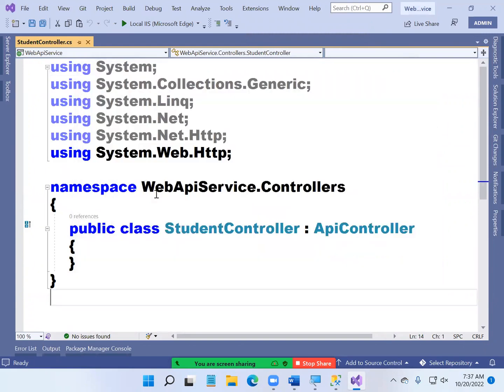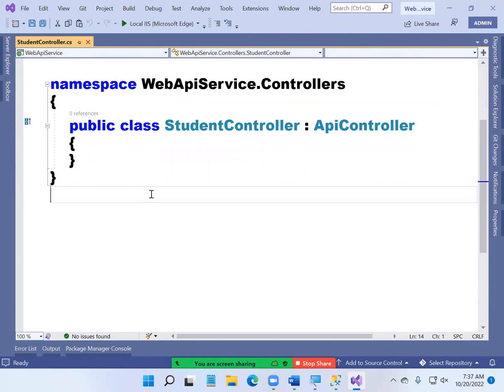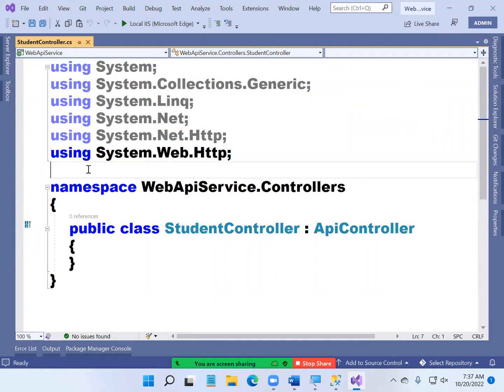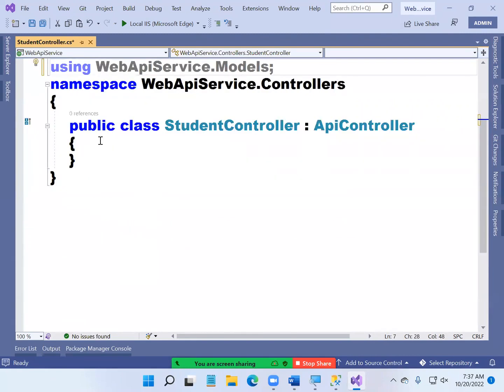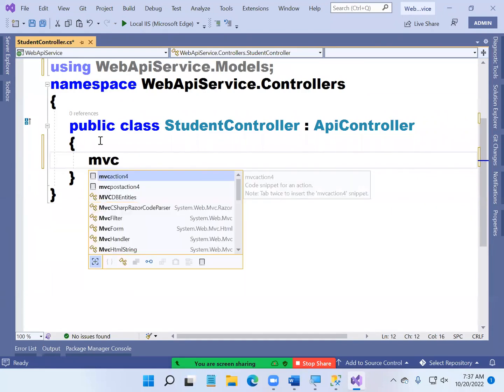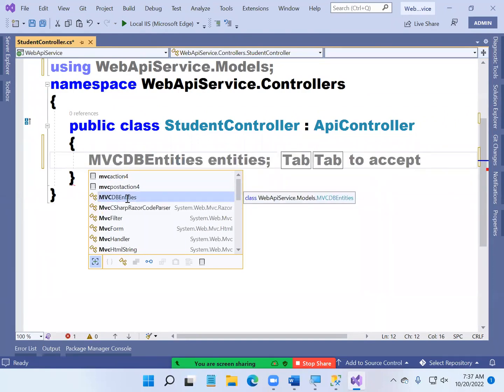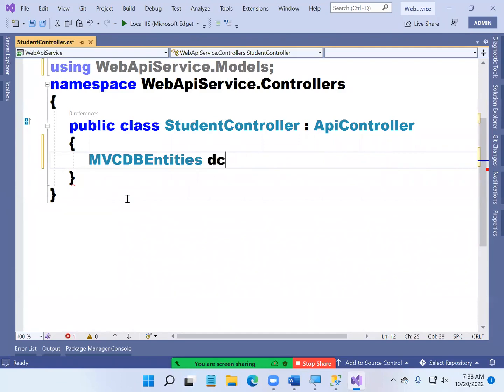Okay, student controller. What will we do now? Now just go for importing the model namespace. What's the model namespace? Using WebAPIService.Models. Then create the instance of the context class. What is the context class name? MVCDBEntities. DC equals new MVCDBEntities,